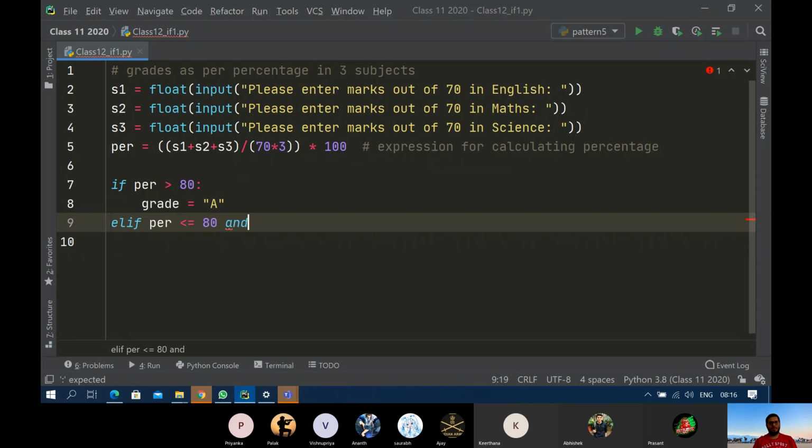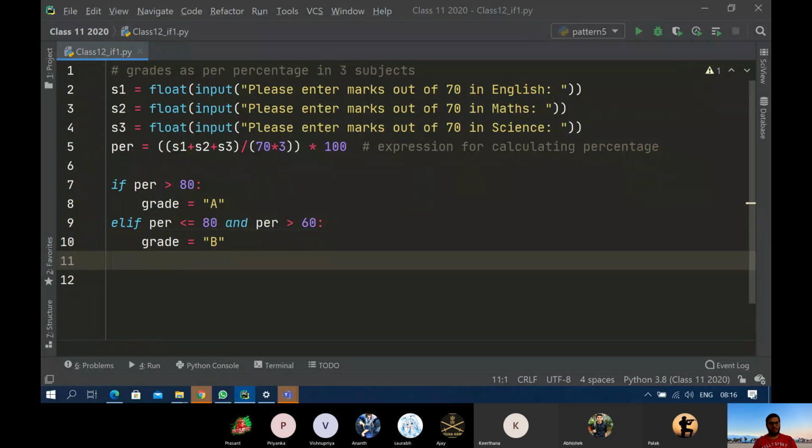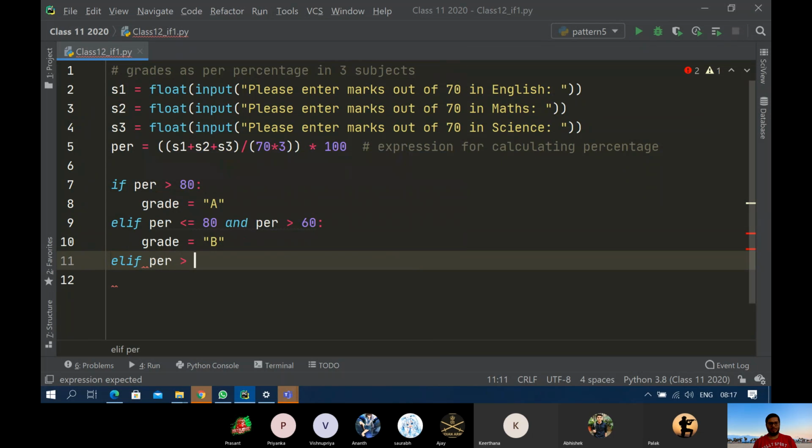And percentage is greater than 60. In that case, okay. Thank you, Priyanka. Then we'll have grade is equals to B. Elif, percentage is less than equals to